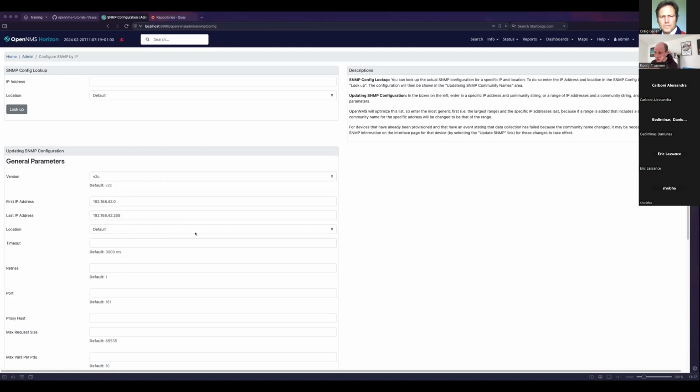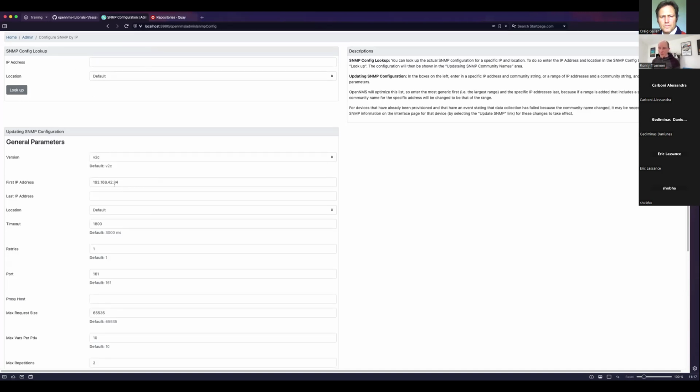They all use these SNMP configurations to establish connections to the SNMP agents. A handy tool is the lookup tool, which lets you figure out what SNMP configuration is used for a specific IP address. That's very helpful for troubleshooting.